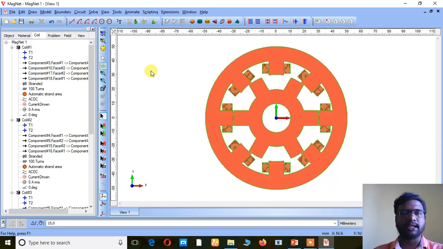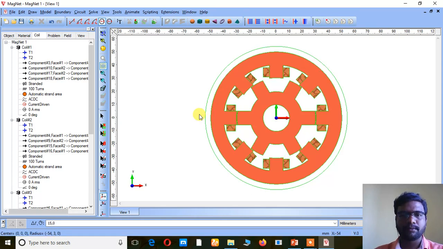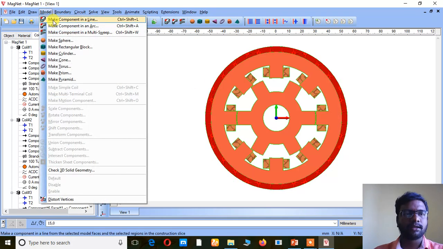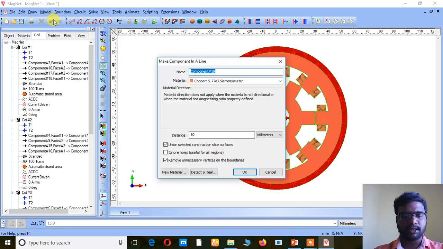Everything is ready. Now I want to run the machine here. Just I want to give a boundary condition. Just draw a circle bigger than the size of the motor, make a coil here, and this one is the boundary. We have to give ignore holes for the boundary.